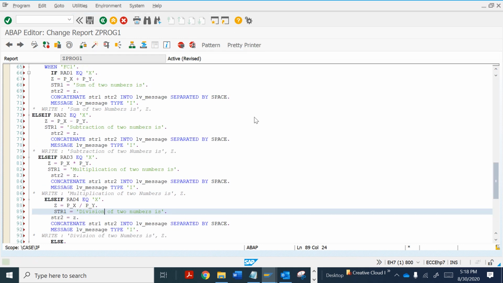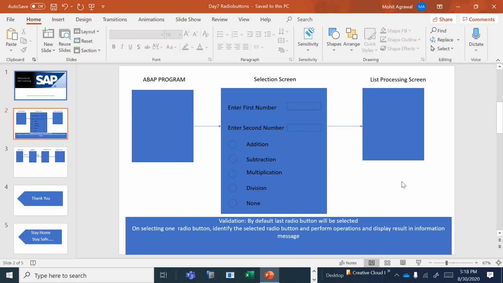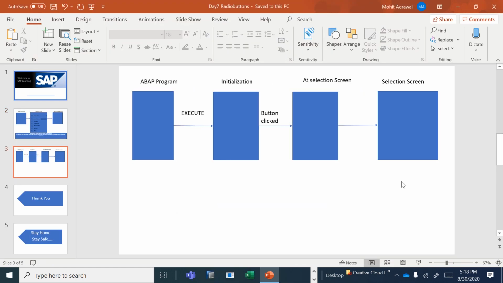So what we have achieved here: to execute any selection parameters, we have an event called start of selection. Now if I want to perform all the operations while selecting buttons, radio buttons or any other buttons, we have an event called at selection screen. We will perform all the operations here in the same event.